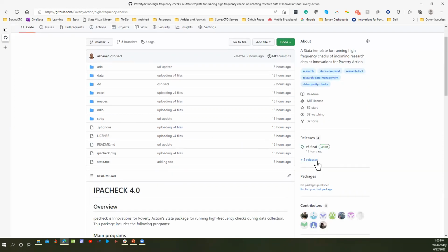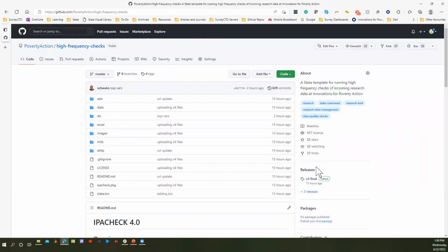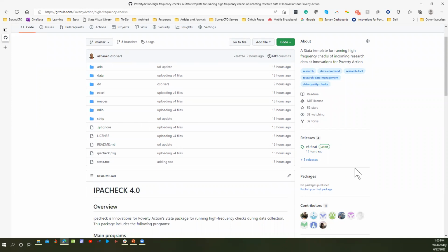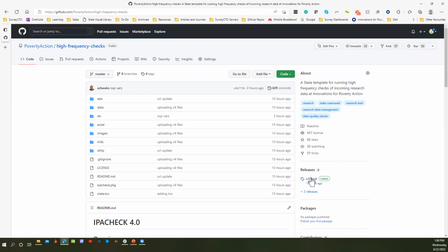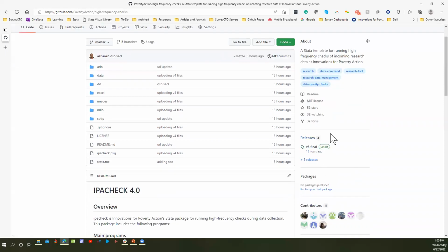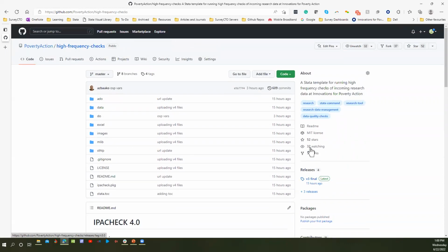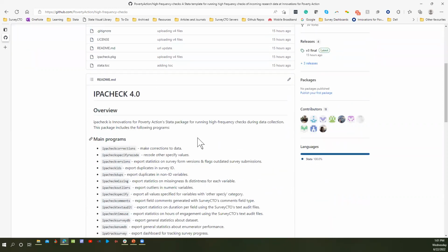However, before uploading this, we have created a release for the final version of version 3. So after this training, if you already have your HSC set up and you need to run it again, you can reinstall version 3. When you come to the page and look at the releases, you have it on the right here. You can see version 3.0, and you can download it and reinstall it, so you can continue running your HSCs. But if you also want to move to 4.0, then you can set it up for your project as well.